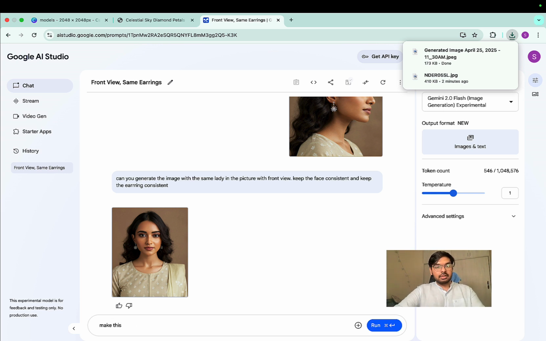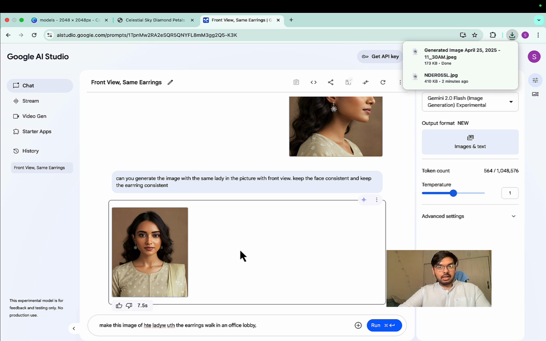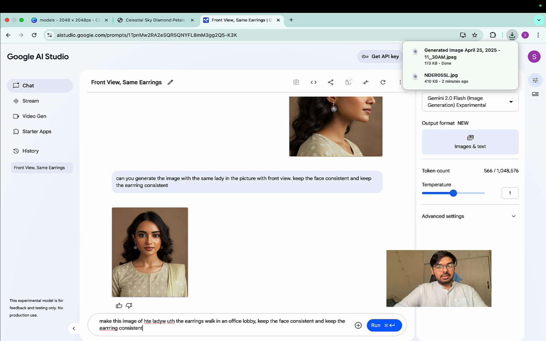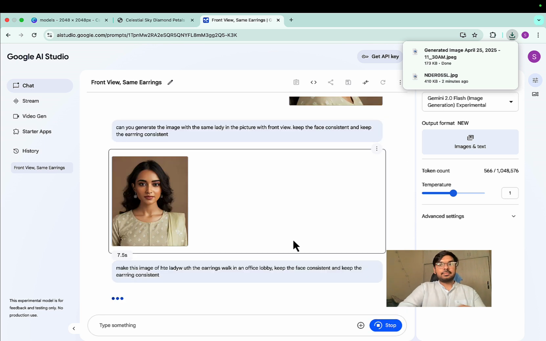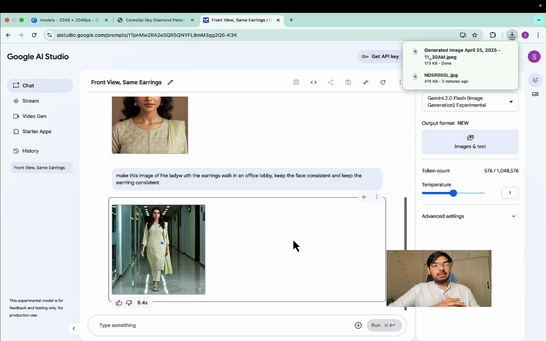Make this image of the lady with the earrings walk in an office, office bay or office lobby. Let's say she is a working woman, and that's who our target audience is. I am going to keep this prompt as it is. So keep the face consistent, keep the earrings consistent. So we have to always mention to keep the face and the earrings consistent,